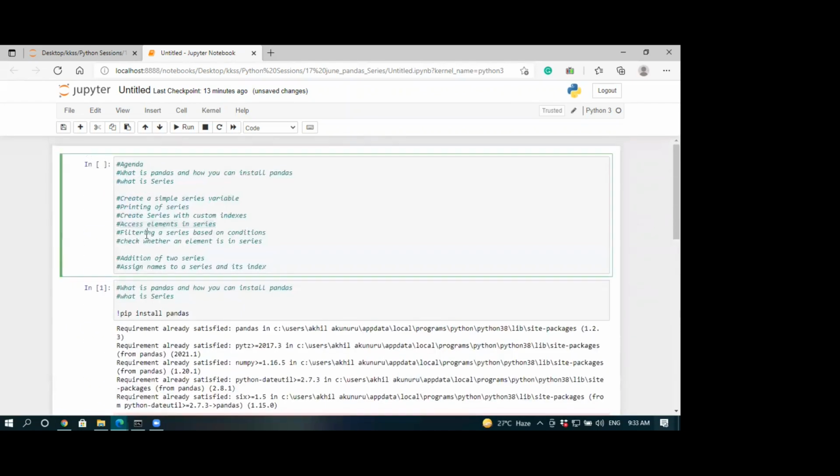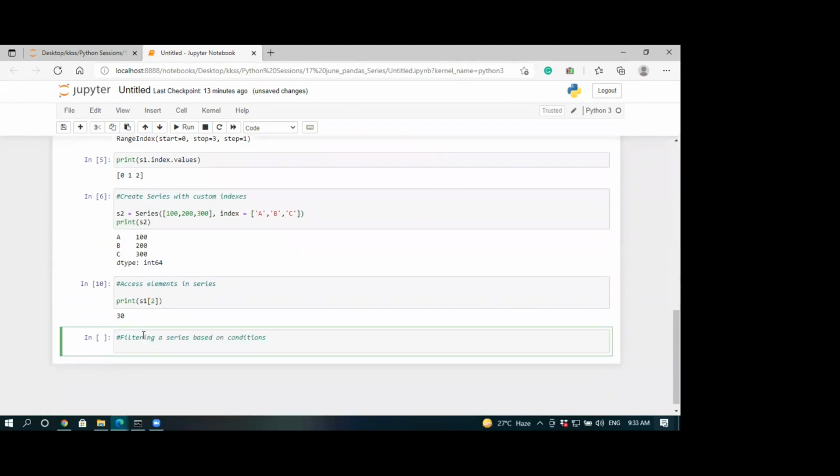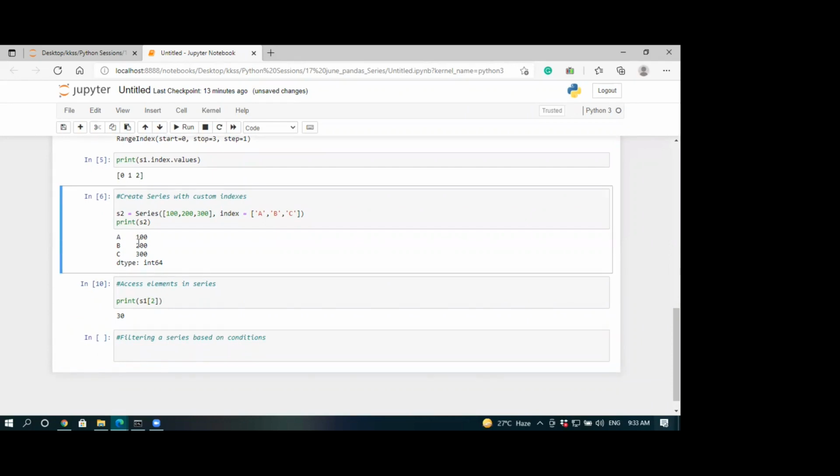Now let's see how we can filter a series based on any condition that we have. Let's say I want to filter this S2 series wherever its value is greater than 150. That is my condition: if any particular element value is greater than 150, then get me those results.